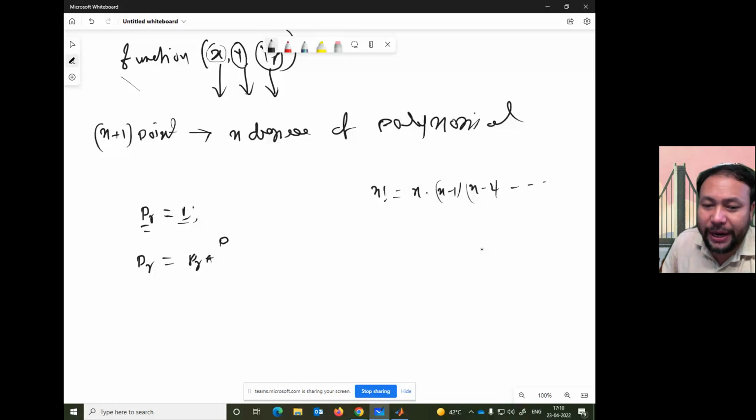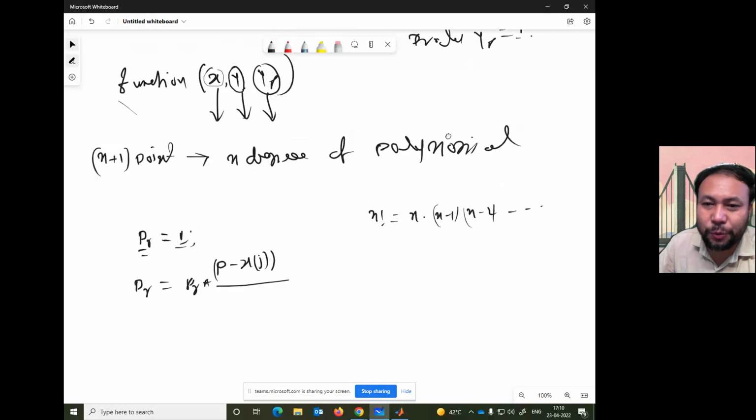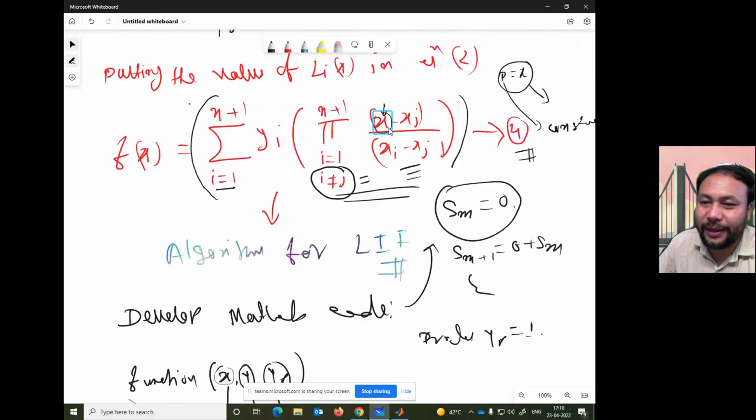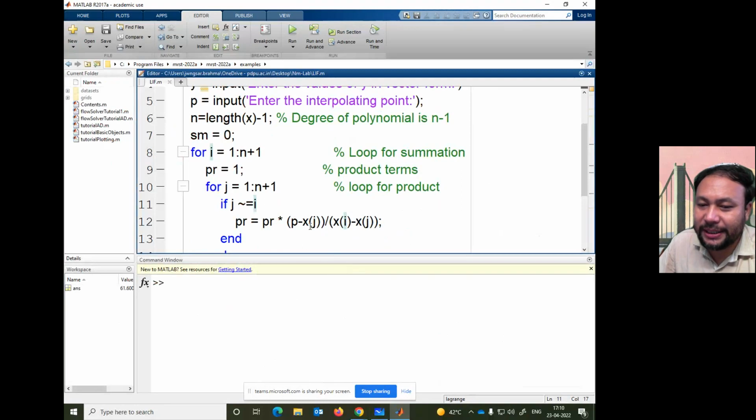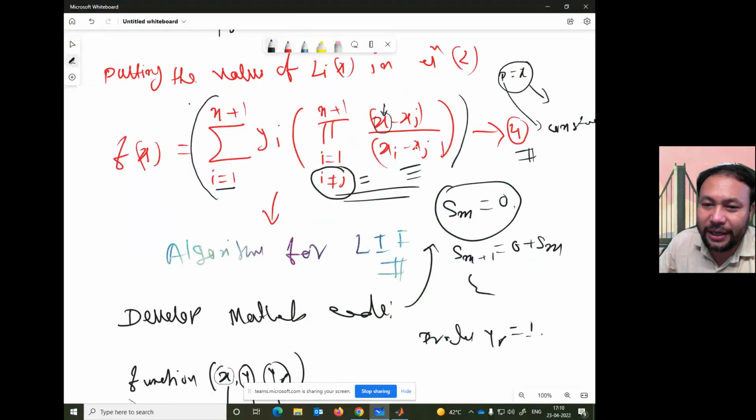Instead of X, I have written P, right? Minus XJ, right? Divided by, just look at the previous one. We are doing nothing new here. P minus XJ. Now it is XI minus XJ. We are doing nothing new here, right? P minus XJ divided by XI minus XJ. We just retained the same formula here, and we moved the for loop I from 1 to n plus 1 under what